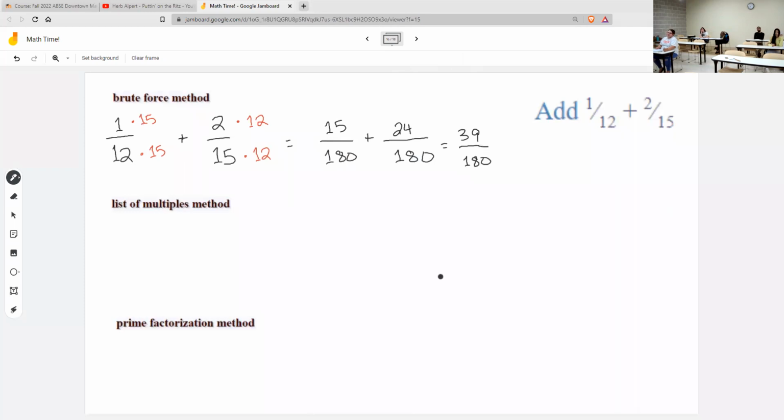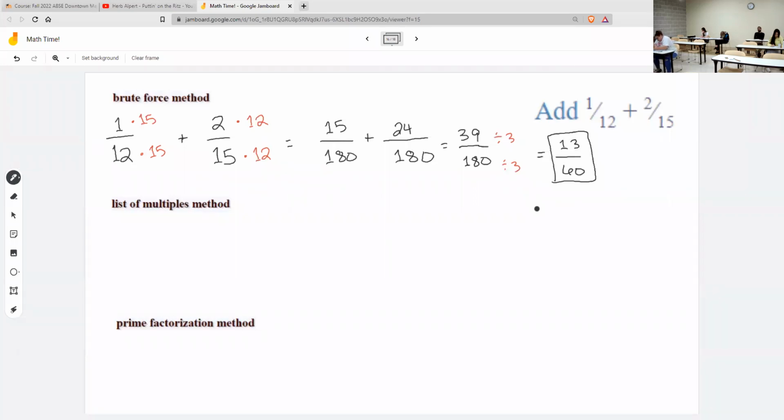Can I reduce this? Remember our divisibility rules. 3 plus 9 is 12, so yes, this top number is going to be divisible by 3. Is it divisible by 9? No, because 3 plus 9 is 12, and 9 doesn't go into 12, but we can at least divide by 3. So I will get 13/60. And if you needed a calculator to do some of that, that's